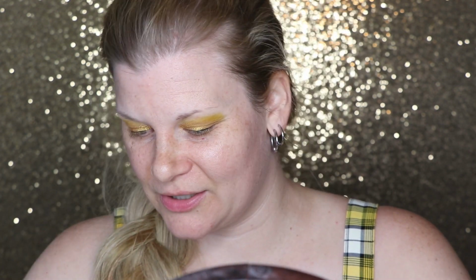Okay, zoomed you back out because we're gonna do a face for now before we return to the eyes. Sticking with my tried and true Revlon full cover foundation. It's just a great foundation, and I know it matches me right now, so that's what I'm sticking with. I've just put probably too much on the back of my hand, just dotting it on. And then blending it out with a damp beauty blender,